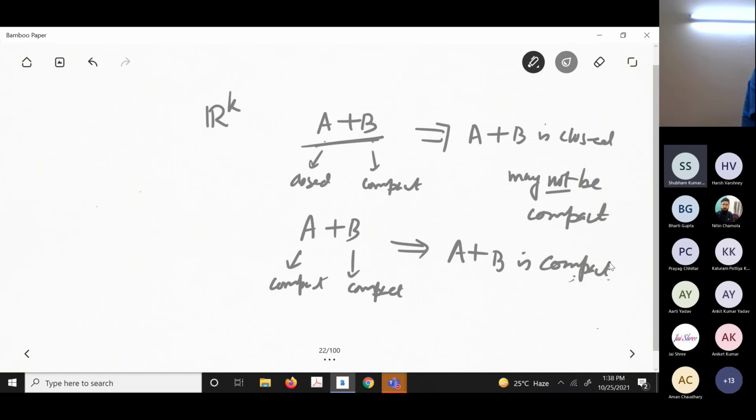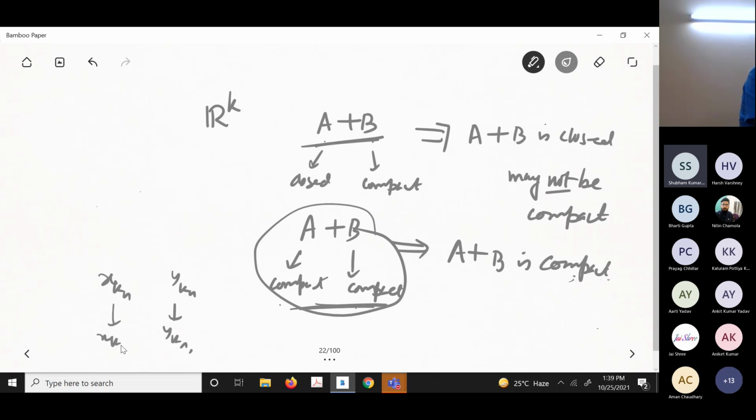Now I should tell you that here also you will be using the sequential characterization of compactness, but be careful here. That technique, the alternate proof of the Heine-Borel theorem, that same technique you need. Don't confuse that. You take a subsequence x_{k_n}, then you start with a subsequence y_{k_n}, and that will give you y_{k_{n_j}}, so you will get x_{k_{n_j}}. So this thing you will do. Make sure in question 5, I may choose one of them.